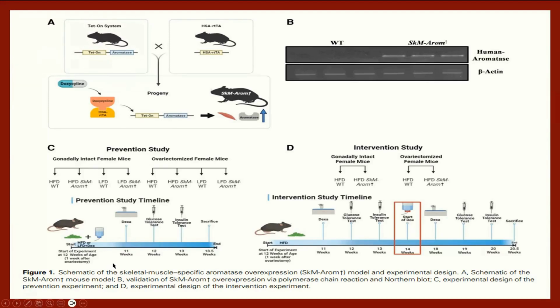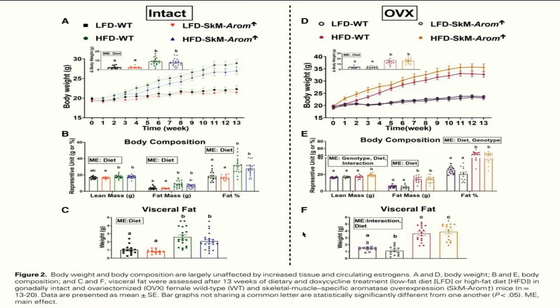For the intervention study, we wanted to get the mice fat and obese and then turn on skeletal muscle aromatase to see if that would be beneficial as a therapeutic option. The idea being that if you turn on or increase skeletal muscle aromatase, you should then have increased E2, or estradiol, in skeletal muscle. So what we found is that both in the intact and ovariectomized models, we did not